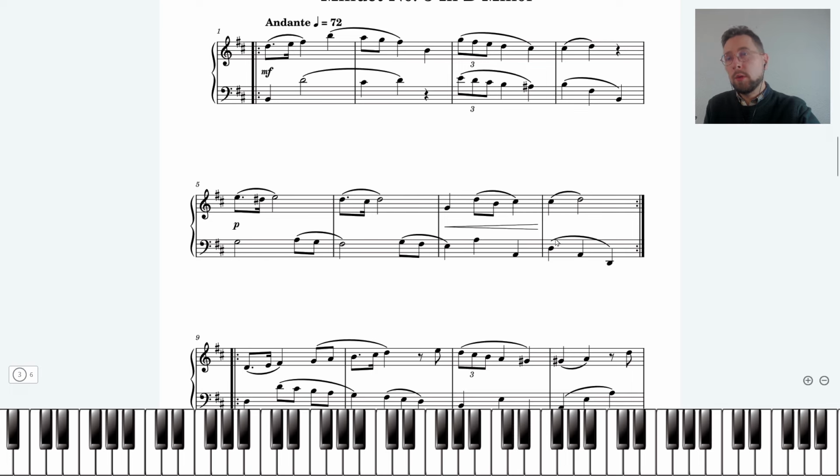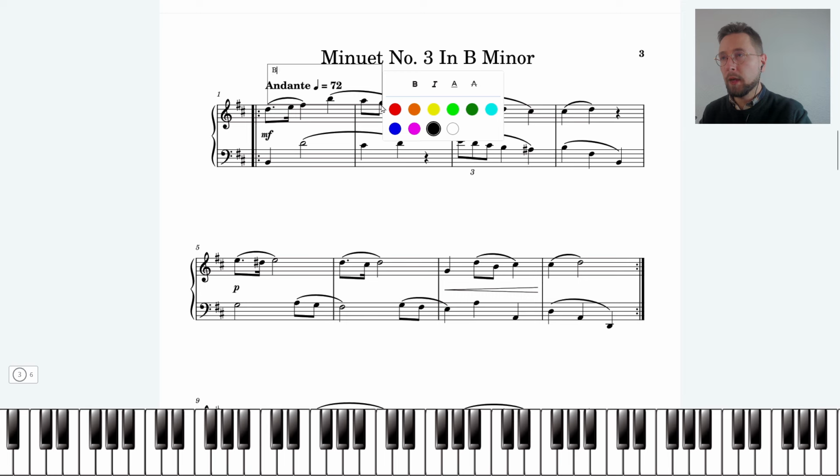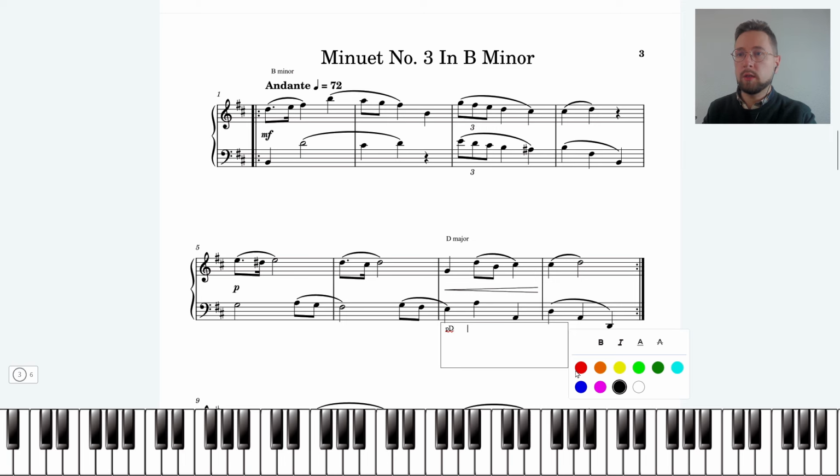All right, so this minuet is much more expressive, as we can see, also slightly longer in length due to the tempo, and it features a more expressive language. So let's start. We have here B minor, which is the main key, and as we can see, the final cadence is in the key of D major, and is basically achieved with this predominant chord that goes to the dominant and then tonic. So it's a very elegant